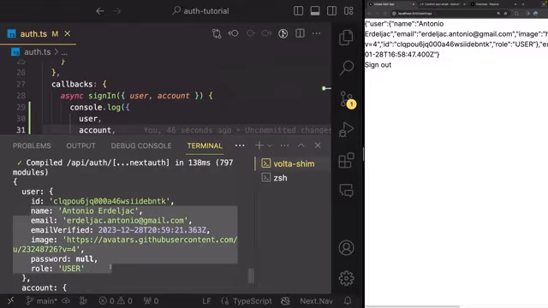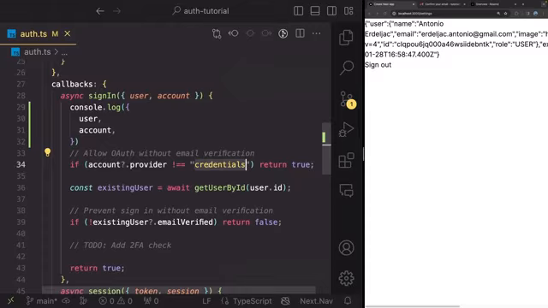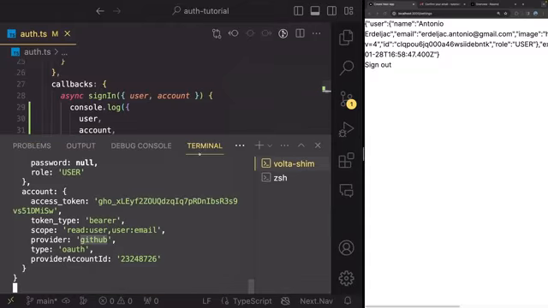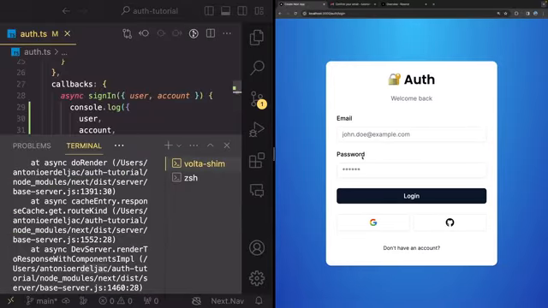You can see my user information here, and you can also see the account information. And in here, you can see that the provider is GitHub. Like this, right? So I could have also used the type. Maybe that's even better, right? But as I said, there are many providers, and not all of them are reliable to have their email verification. So now that we checked how this looks for Auth providers, let me sign out